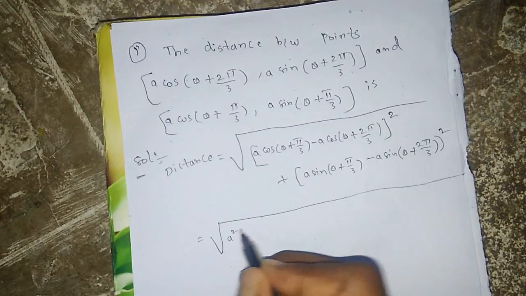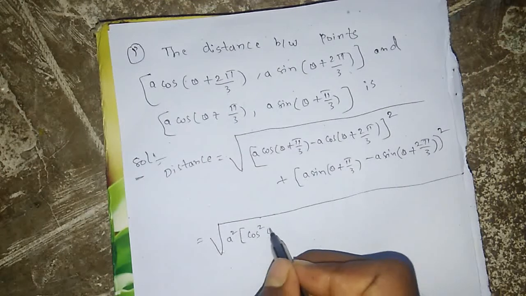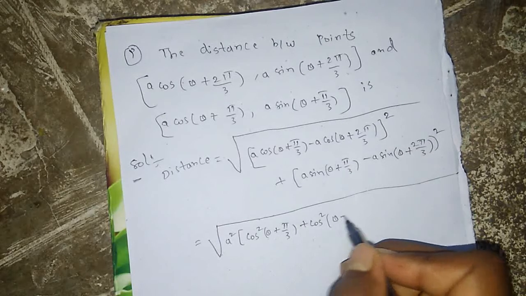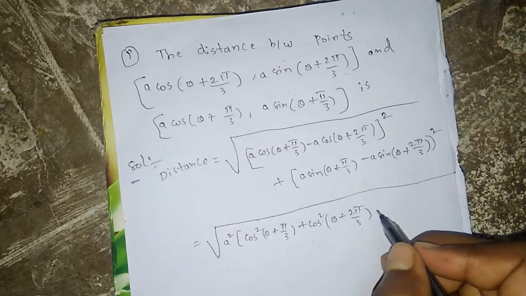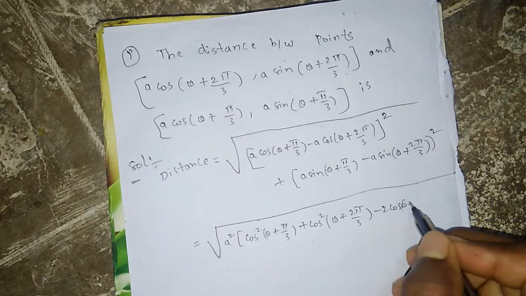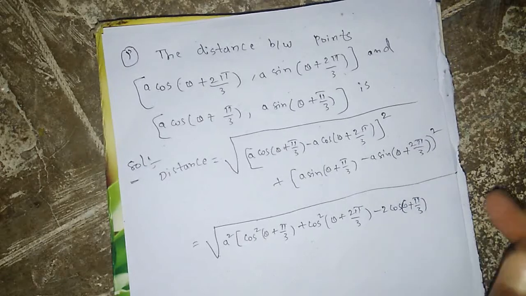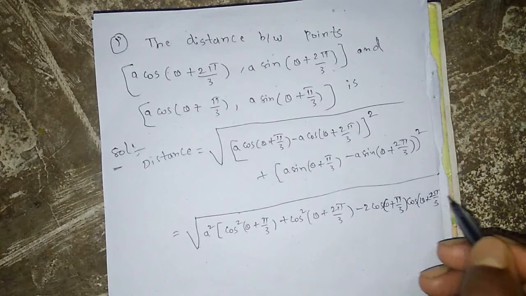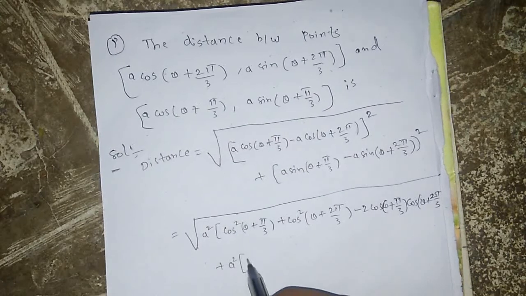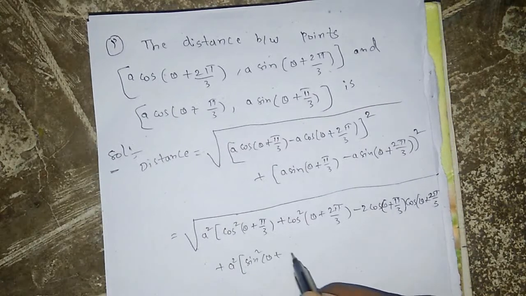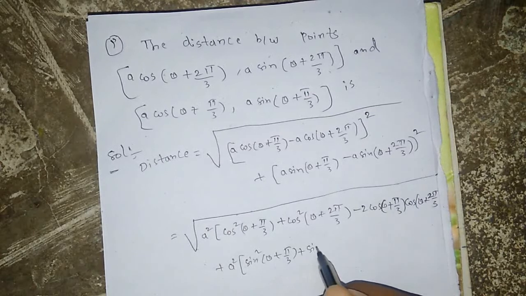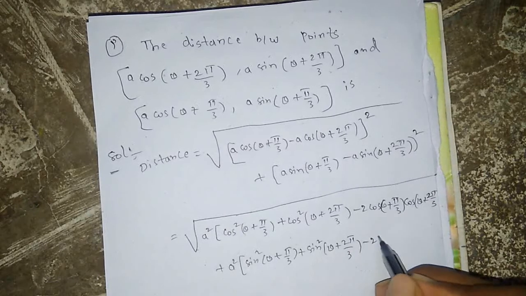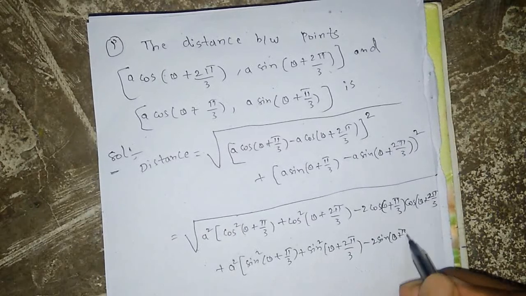This is a² times [cos²(θ + π/3) + cos²(θ + 2π/3) − 2 cos(θ + π/3) cos(θ + 2π/3)] plus a² times [sin²(θ + π/3) + sin²(θ + 2π/3) − 2 sin(θ + π/3) sin(θ + 2π/3)],